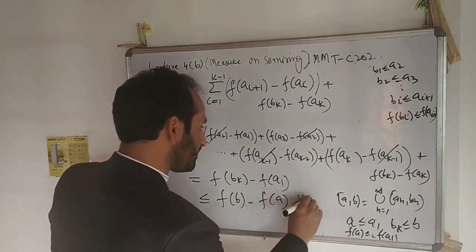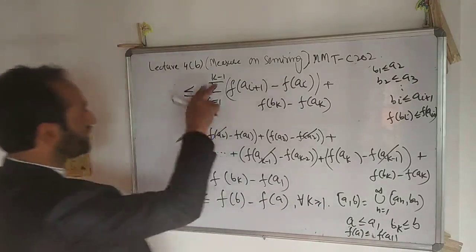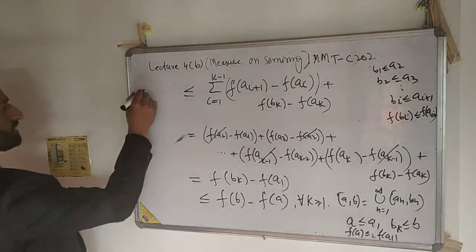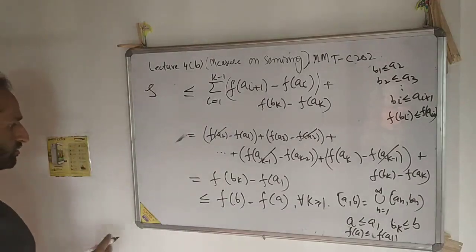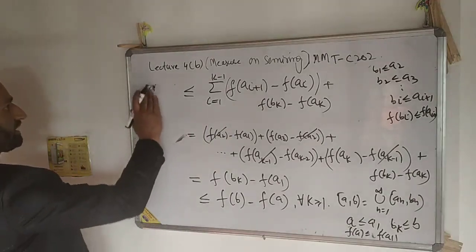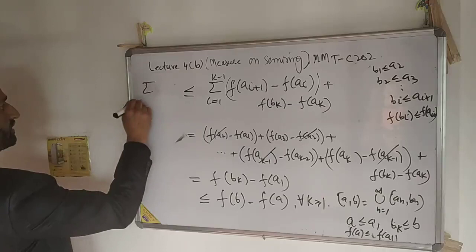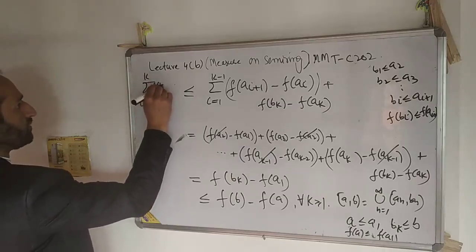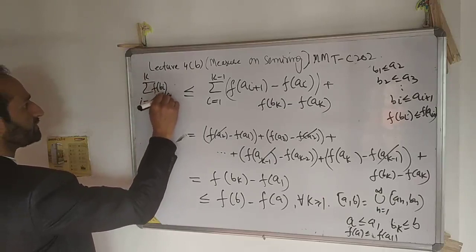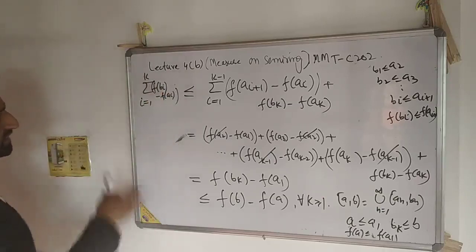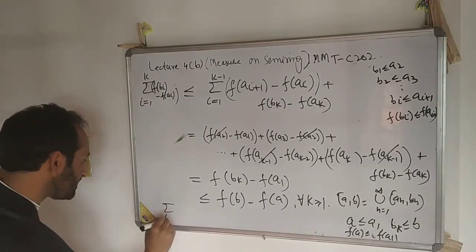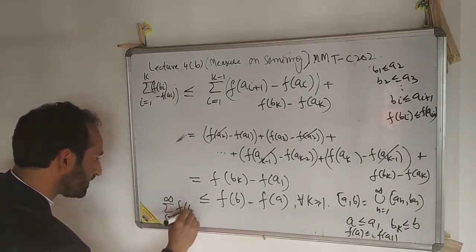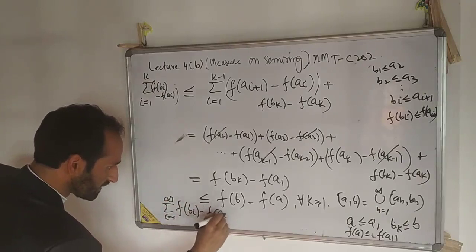This is true for all k greater or equal to 1. So it's the summation, i runs from 1 to k of f of b_i minus f of a_i. Letting k approach infinity, it gives the summation, i runs from 1 to infinity, of f of b_i minus f of a_i